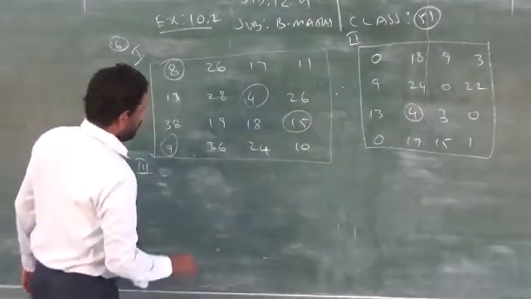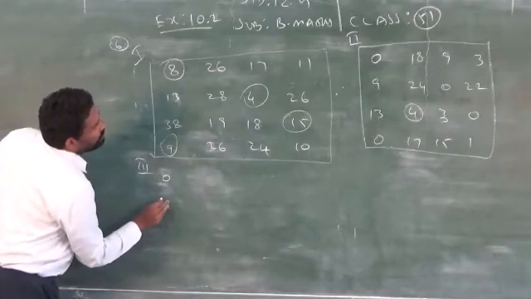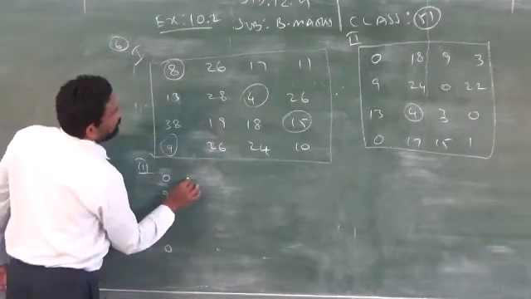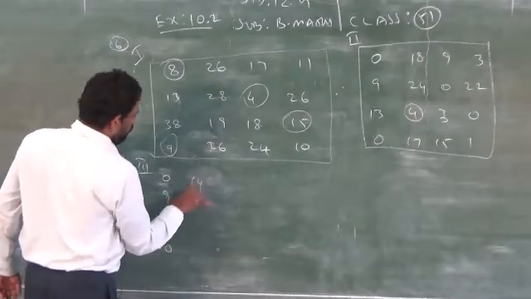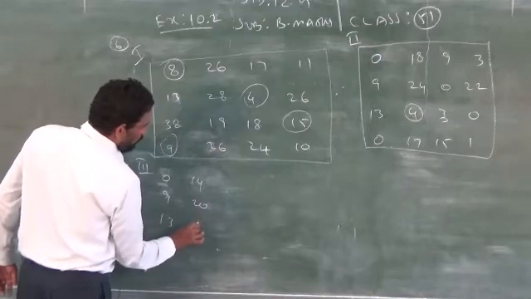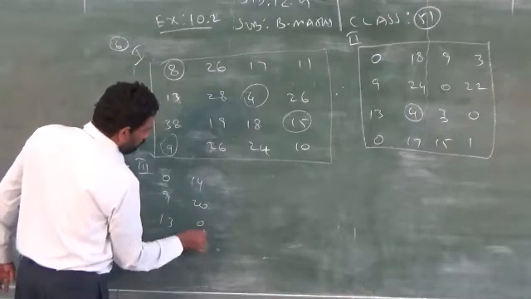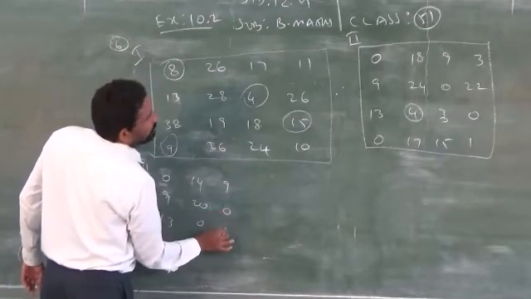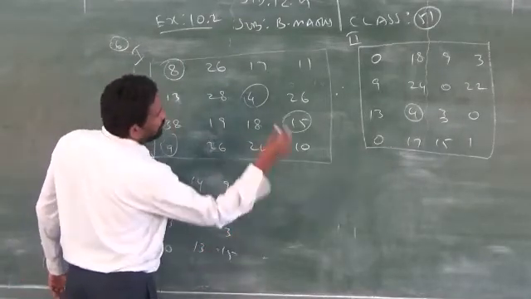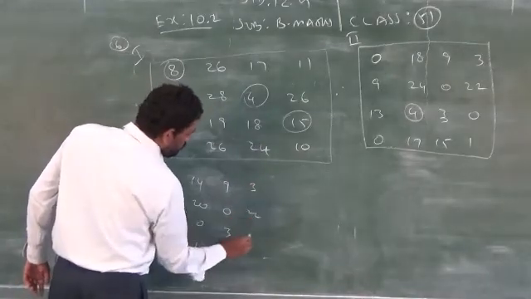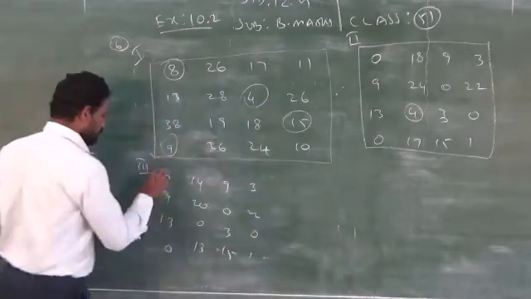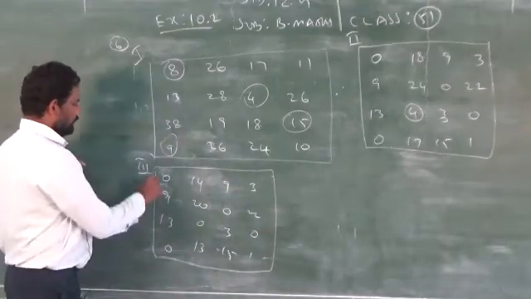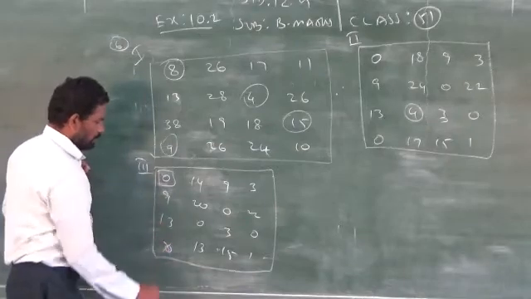In the third table, no changes in the first column. The next one: 4, 14, 20, 0, 13. The last one has no changes because that column also contains 0. The last two columns also need no change because we have 1 zero. Now it is very simple, as usual you have to do it. This row consists of exactly 1 zero, so the box corresponding to this is cancelled.